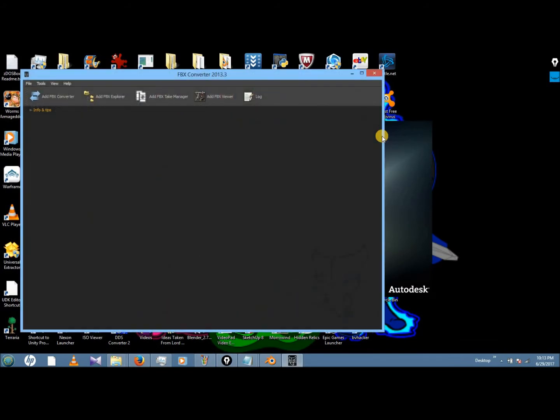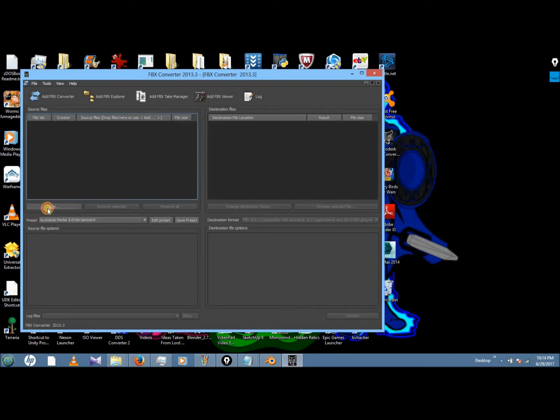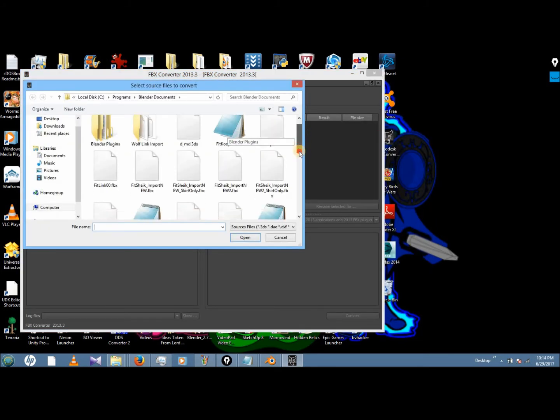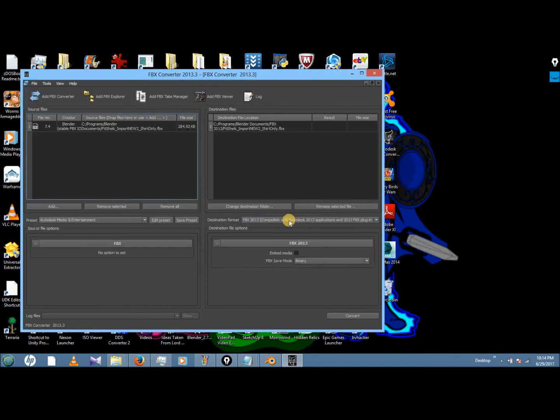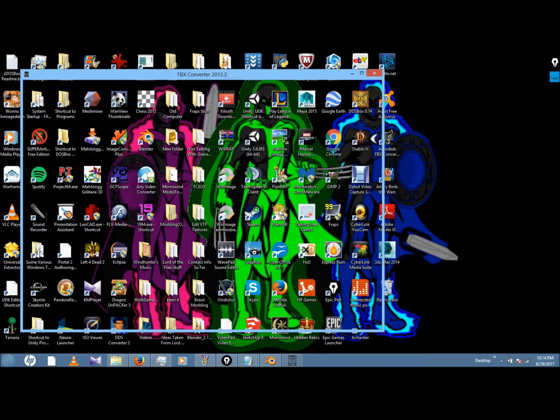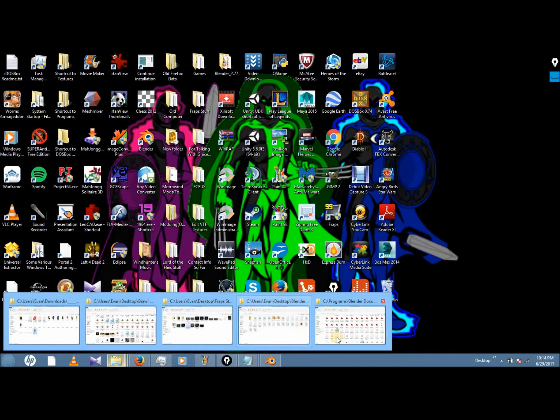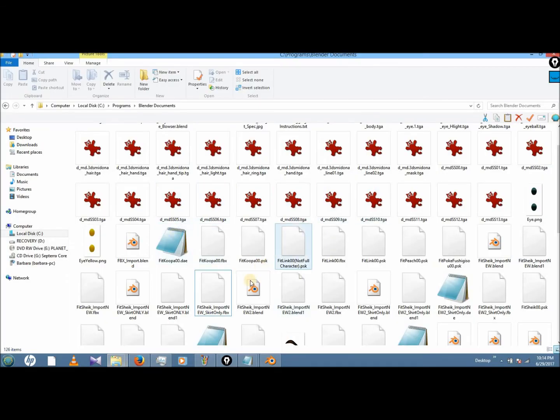Open up FBX Converter. Convert back to DAE. Sure. Okay.